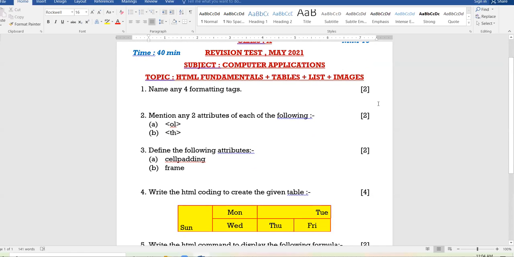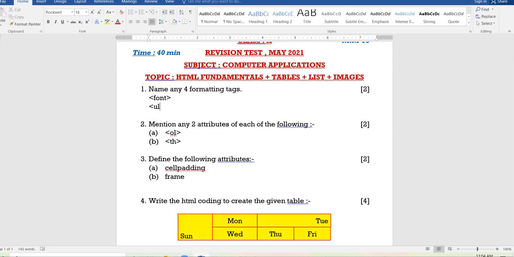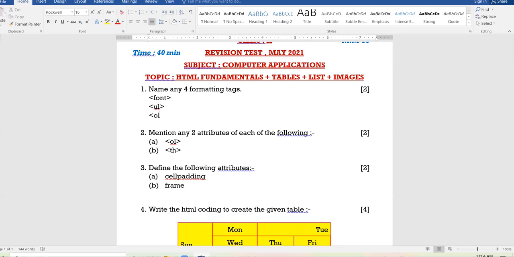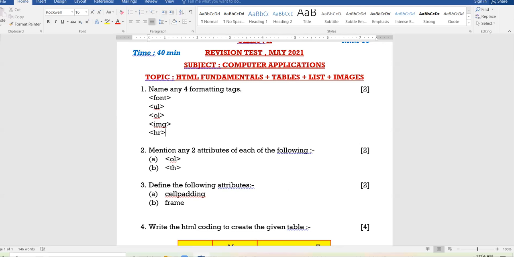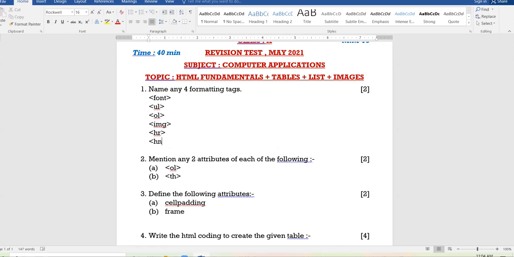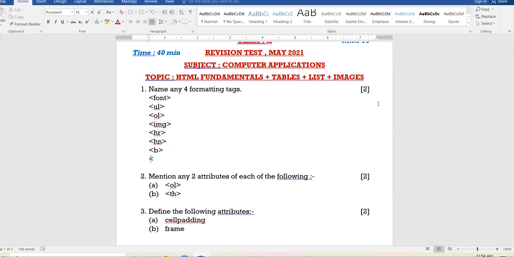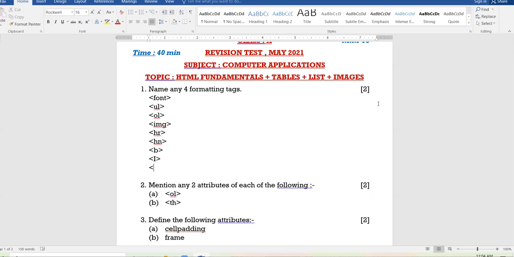Formatting tags are those which help to do formatting in the web page. So here you can write font, UL, OL, IMG, HR, heading element, okay, then bold, then italic, then underline, right?